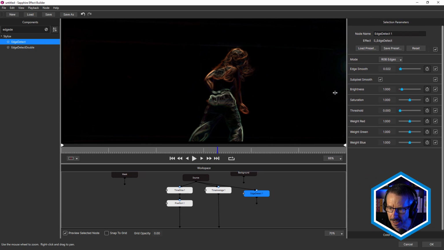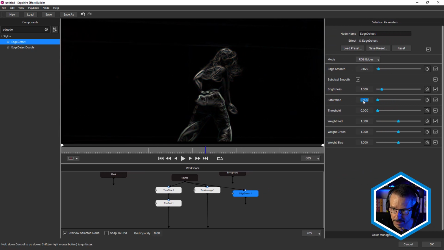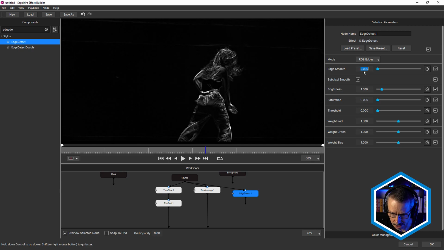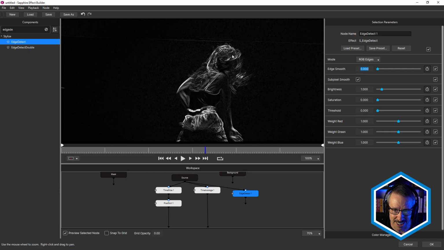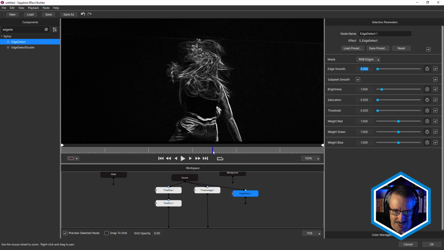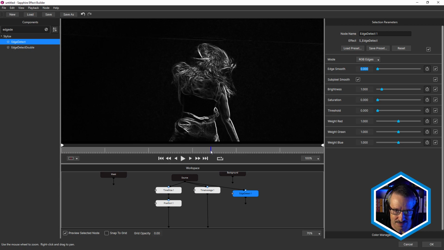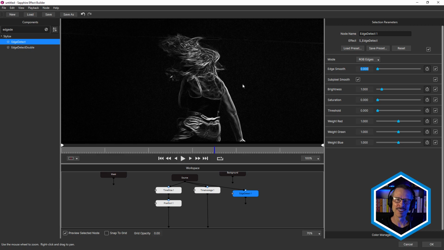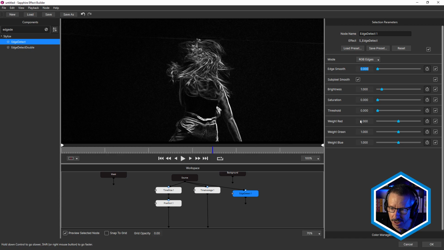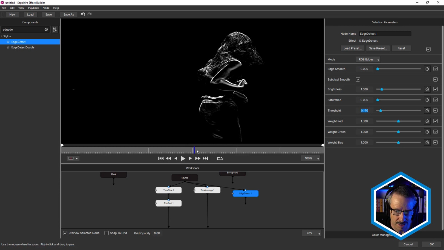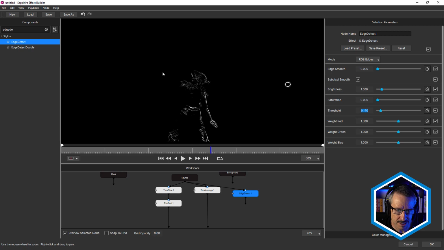So what do we want to do here? Let's see. We'll bring saturation down to 0. Edge smooth to 0. You can already see that's looking really interesting, especially with her hair. That looks so good, especially when she swishes it like that. Every time I see a look like this, I think of a-ha's Take On Me video. Let's also bring the threshold up a bit, just 0.14, I think is my settings, just like that. There we go. What that's also doing is stopping the background from getting too much of that effect as well. We're still getting it on the light, but that's okay.